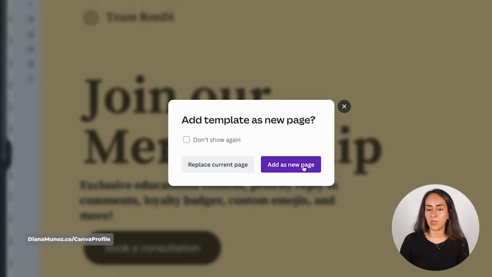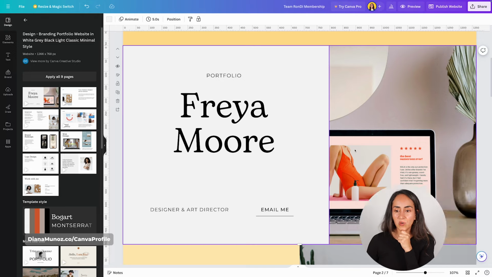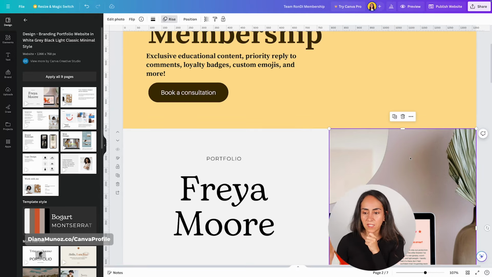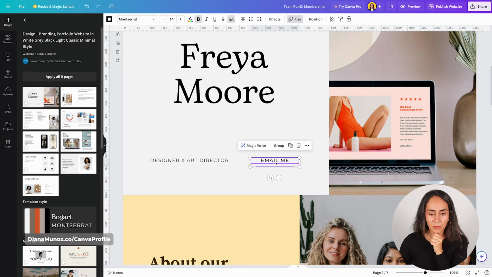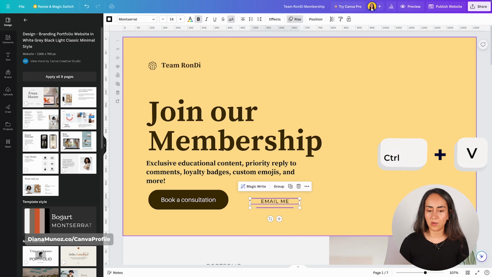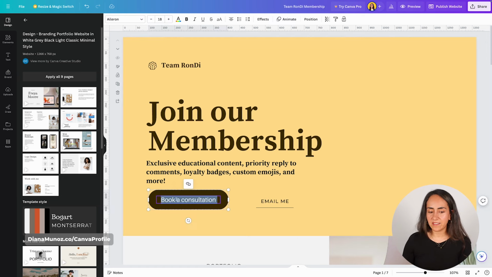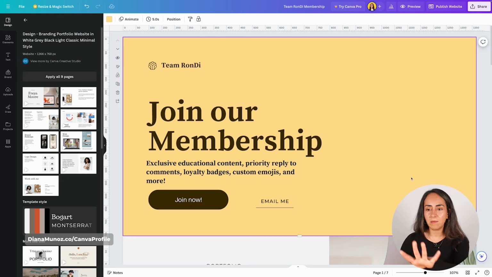So add as new page, and like this you can start using different elements from different templates into your final design. So I really like this image that we have here on the right hand side, and this button here. So what I'm going to do is to select these two items, the text box and this line, Ctrl C, and then going back up to my initial design and Ctrl V. I'm also going to change the text inside this button. So let's type join now,